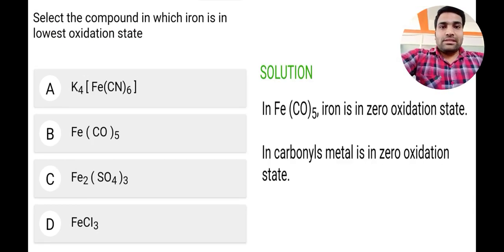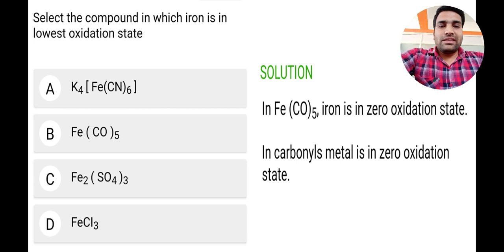So let's have a look at the next question: select the compound in which iron is in the lowest oxidation state. So here we have four options: K4Fe(CN)6, Fe(CO)5, Fe2(SO4)3 and FeCl3. If you see here the options,